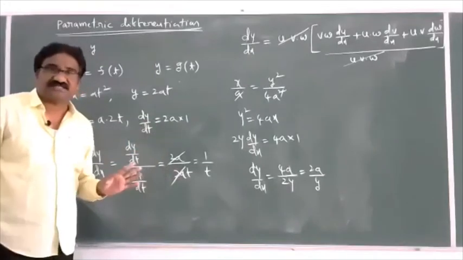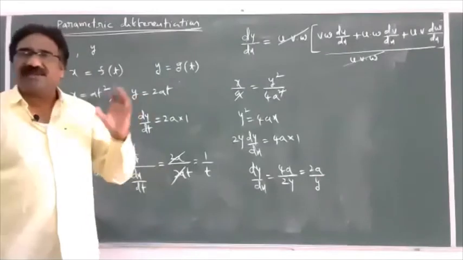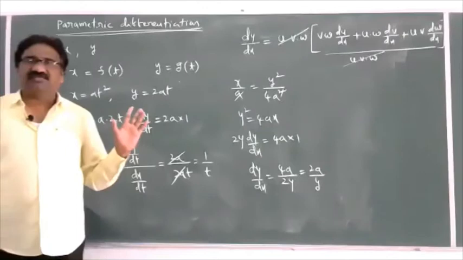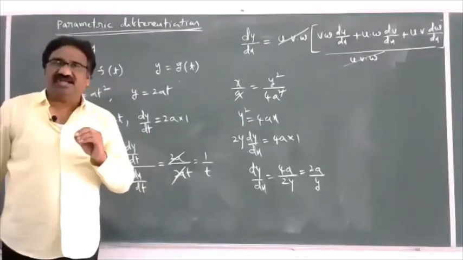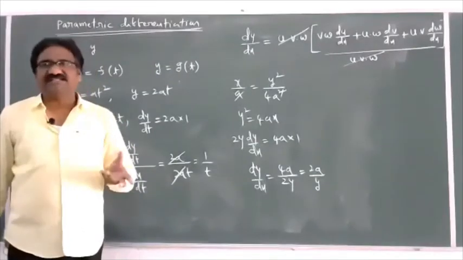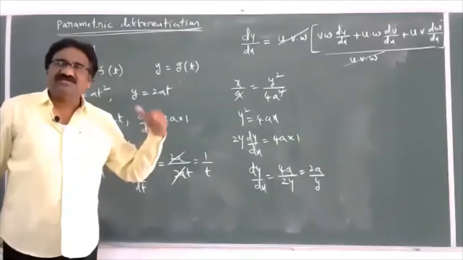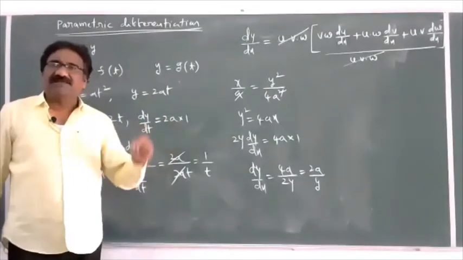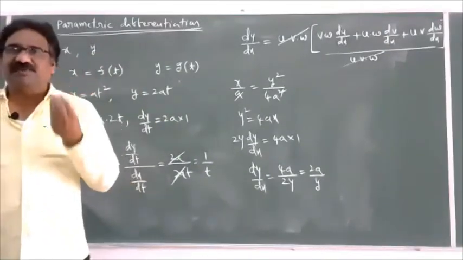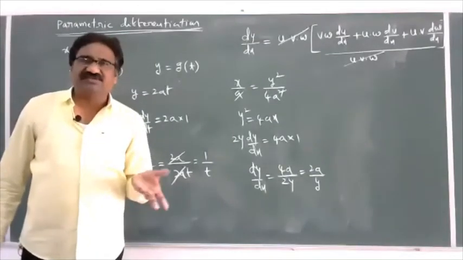This is another process. So the first process is, from the given parametric equations, eliminate the third variable t to get the relation between x and y. Then differentiate both sides with respect to x. If we cannot eliminate t, then by the other method, what is the parameter here? t. That's why we differentiate both the equations with respect to t. If the parameter theta is given, differentiate both sides with respect to theta.